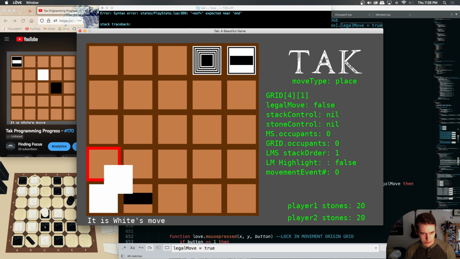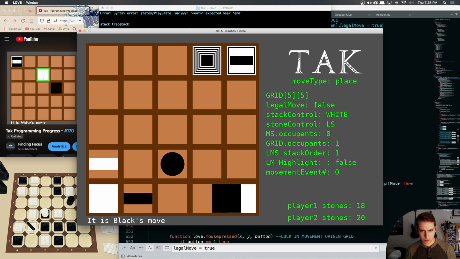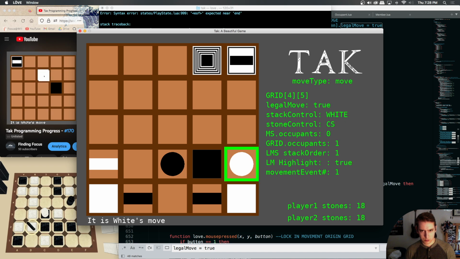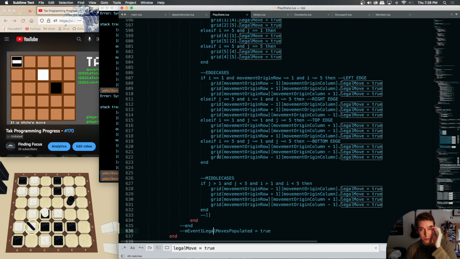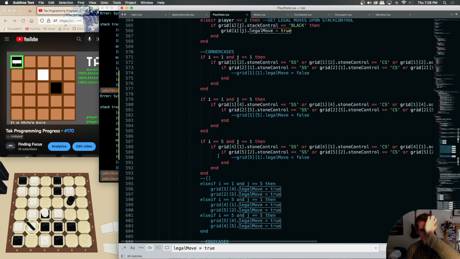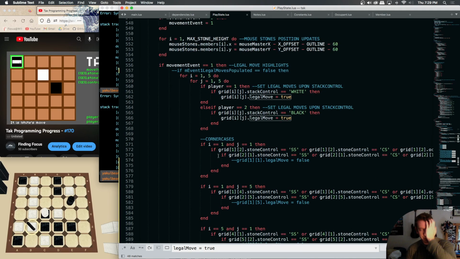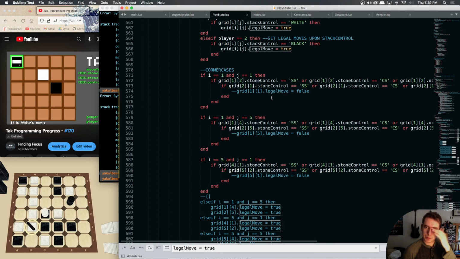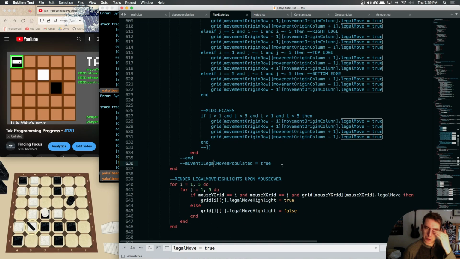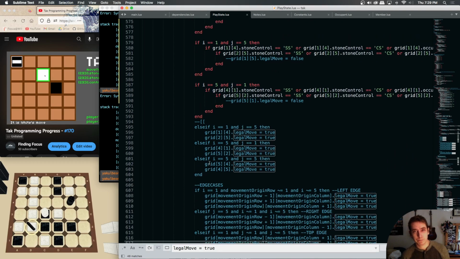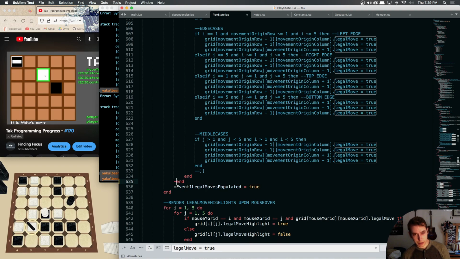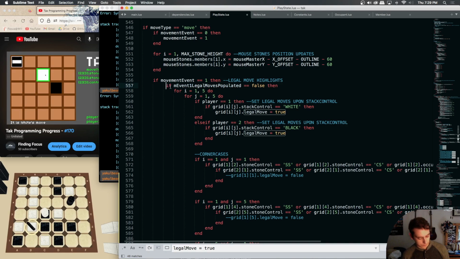I wanted to try a white stone in the corner. Okay. It is this line. Legal moves populated, getting true. Now, why would that be different? We're doing this once. We're setting legal moves once. Now, we set it based on stack control to true. And then if we're surrounded, we set it to false. And then at the end, we set legal moves populated so that this doesn't happen again. Now, nothing should change there to in fact break it. So why is it that when we turn this back on and test it,